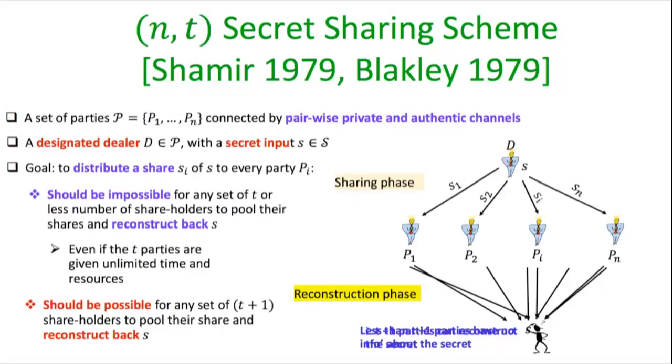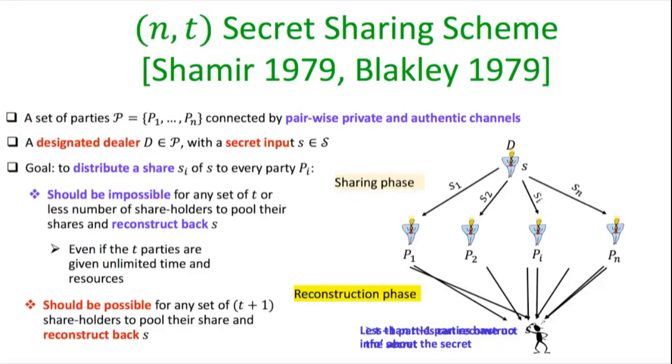By combine means you apply some algorithm and try to recover back the secret. So the property I want here is that if you have only T shareholders and they combine their shares, the secret should not be reconstructed back. But if T plus one or more shareholders come together, then they should be able to get back the secret S. So T is acting as a threshold here. So N and T will be parameters for you, and you can control the parameter T. So depending upon the value of T, you get N comma T secret sharing.